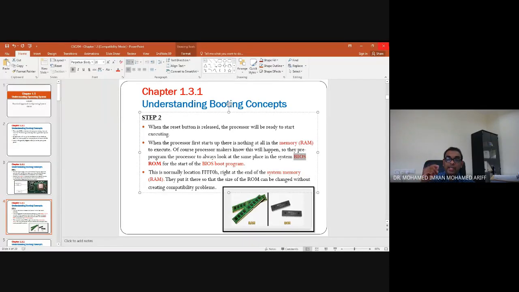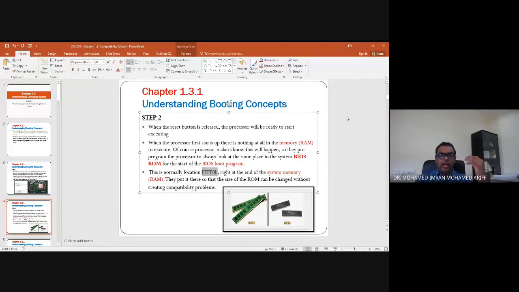So where does it load? Kat mana dia nak letak? Sebab memory ni size dia besar. It's a big size. It has so many addresses. So where does the BIOS load itself? Dia nak masukkan diri dia dalam tu. So it will load at this instruction address, FFF0H. H is hexadecimal. So why does it do that? Kenapa dia load dekat address ini sahaja? In any operating system or in any PC, the BIOS only loads at this particular address.